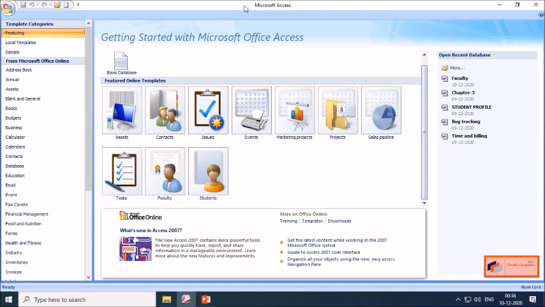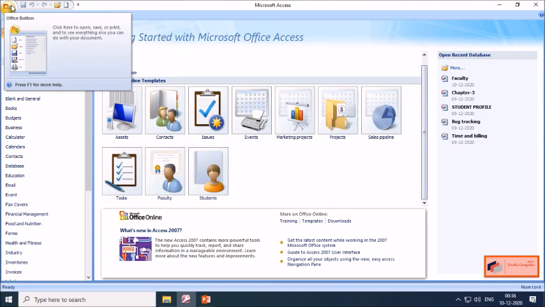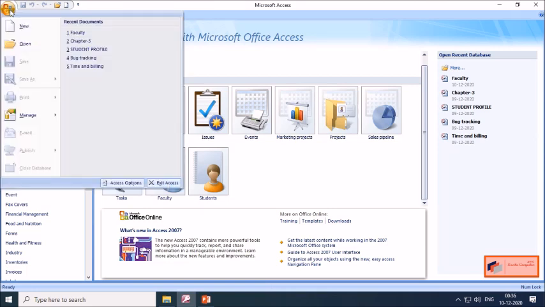Now let us come to the left hand side. There is an Office button in a round shape. When you click on this you can see the different file operation commands such as new, open, save, save as, print, manage, email, publish, close.